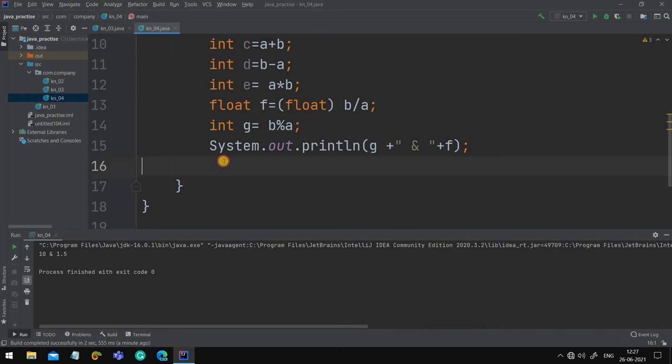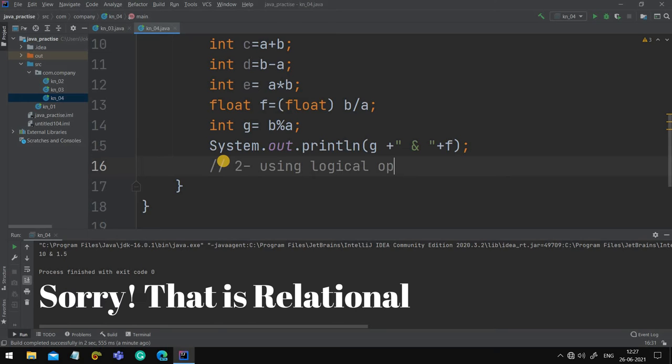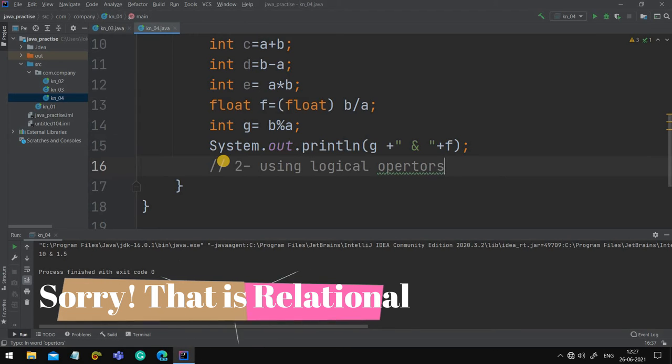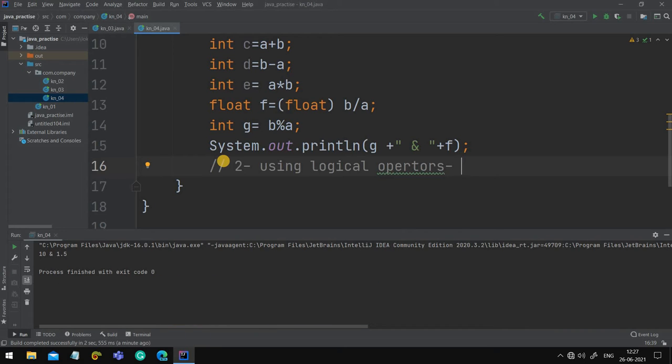Basically in logical operators, program number 2, using logical operators. Now which are the logical operators?